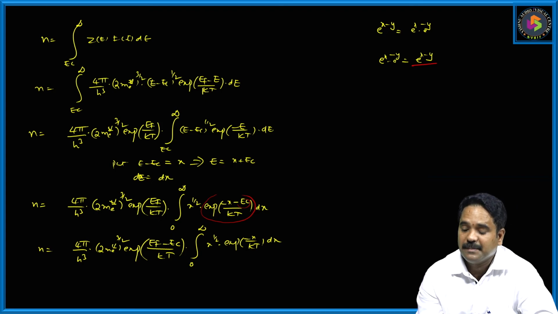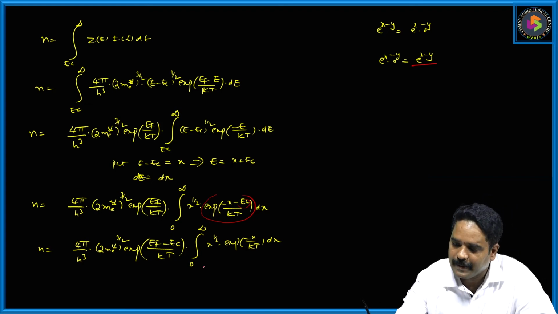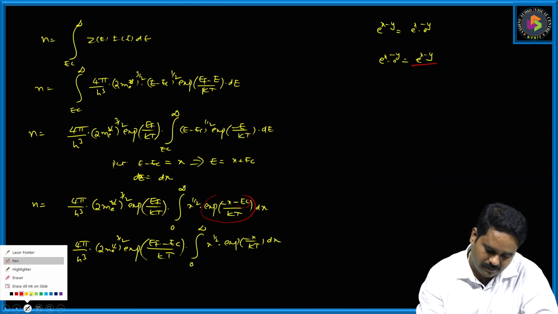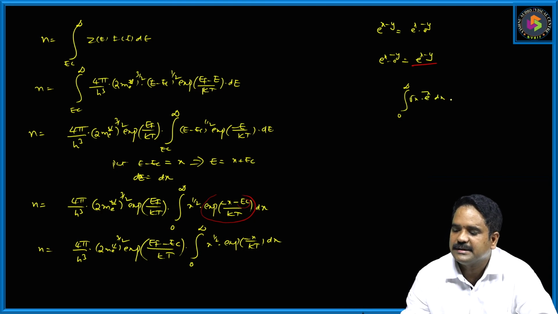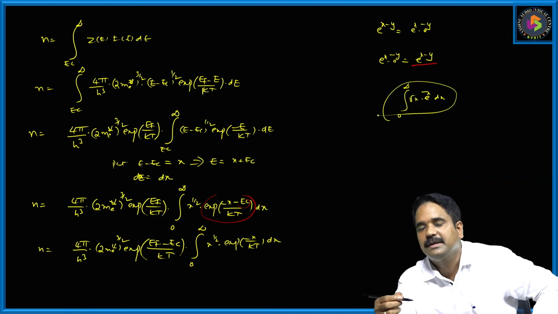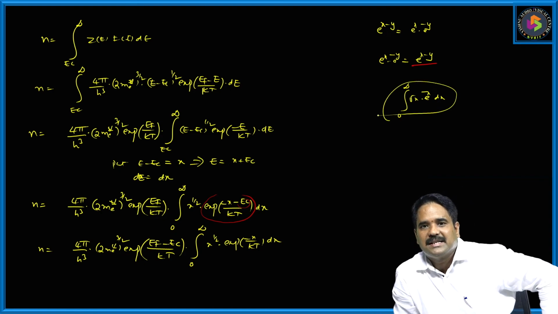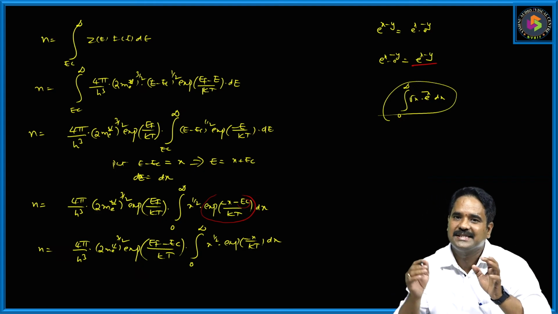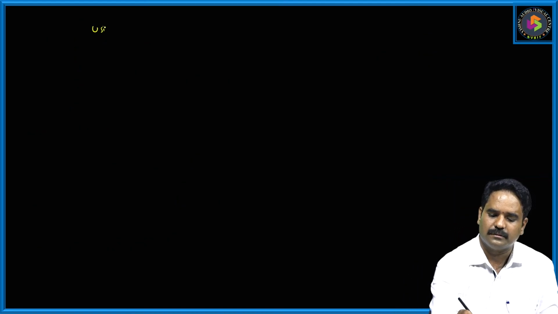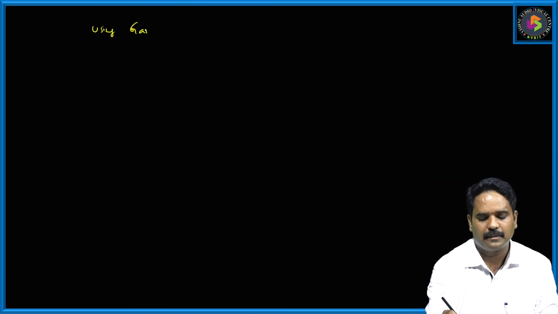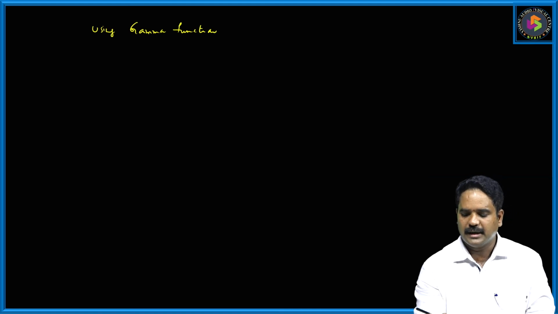But such integrations cannot be solved like these integrations. If we solve the integral from 0 to infinity of root x into e to the power of x dx, such types of integrations cannot be solved using the UV method. Using a general solution like the UV method, such integrations cannot be solved. We have to use a special function known as the gamma function. So using the gamma function,